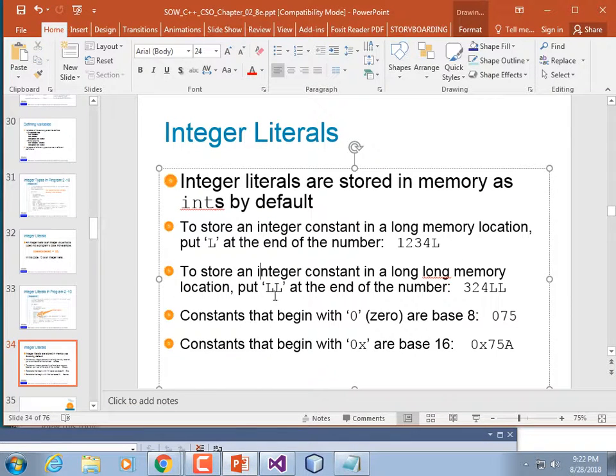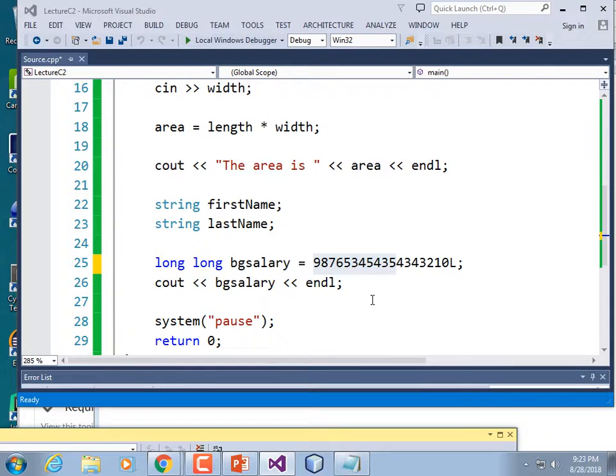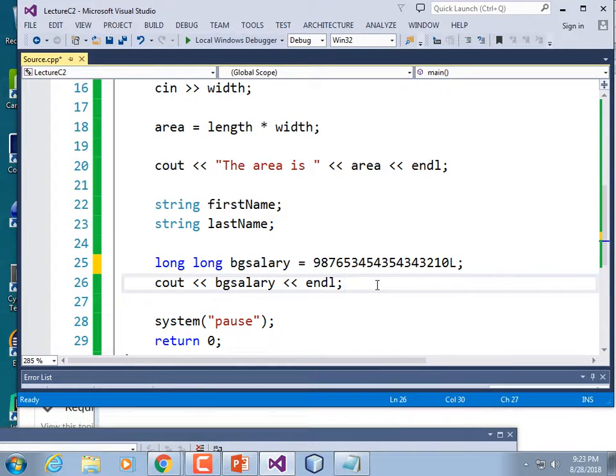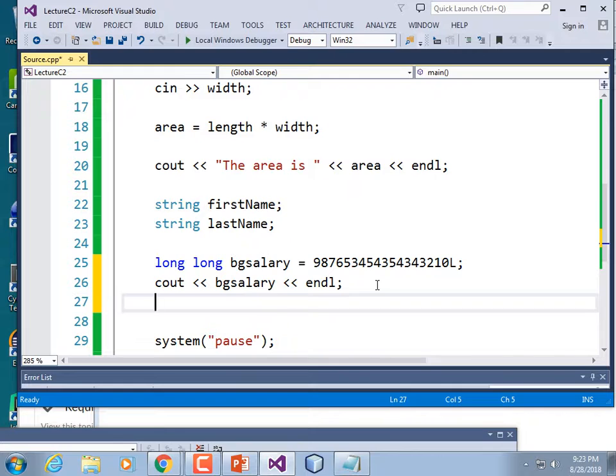To store an integer constant in a long, you could put LL. We've already seen it's not necessary. If you want to use base 8, which we never will, you prefix it with a 0. If you want to represent a hexadecimal number, you prefix it with 0x. Have we talked about hexadecimal yet? I don't think so. But if we wanted to, we could say that BG salary is equal to